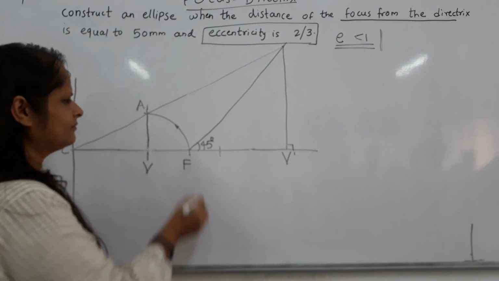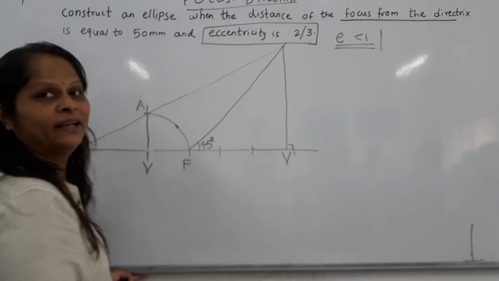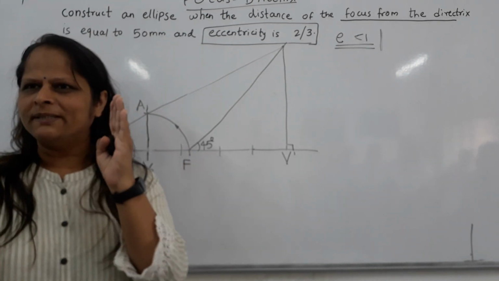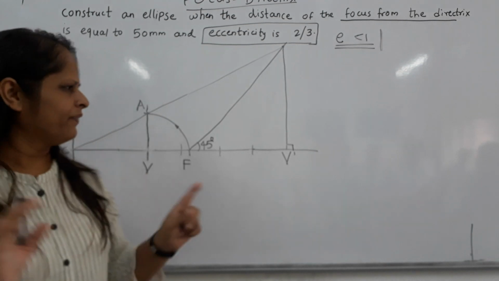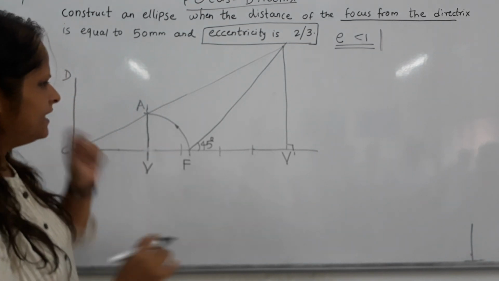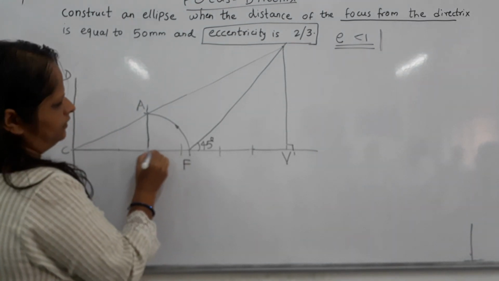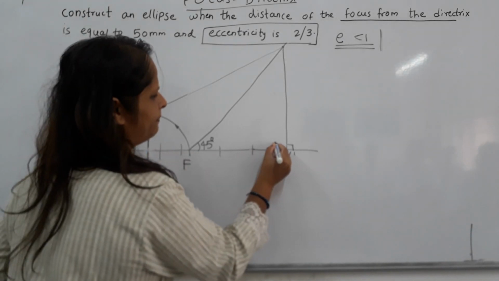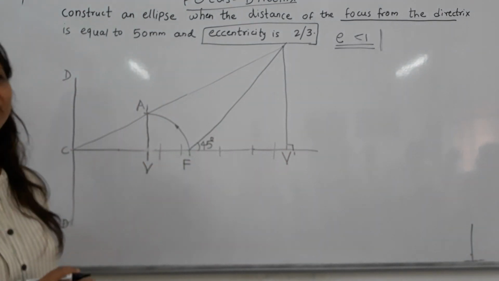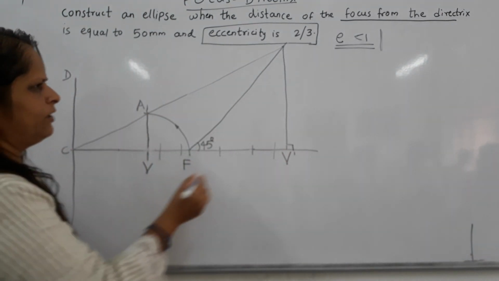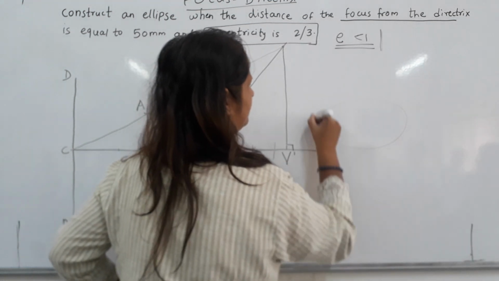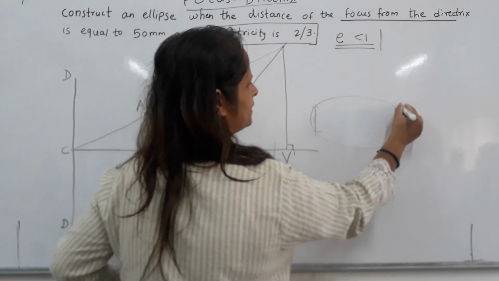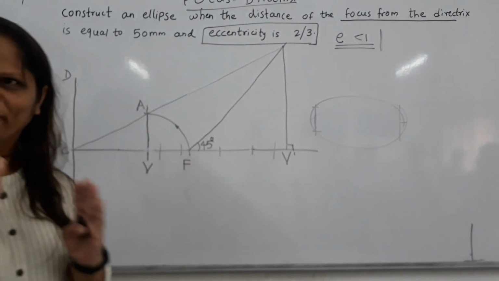Got it. Then the midpoint of these two, we got. For the midpoint of these two, there is no need to take a measurement. The midpoint is understood automatically. Right? So now I got 4 divisions. After this, what will I do, from here at a distance of 6-7 mm I draw a line, and from here also at 6-7 mm I draw a line. Why this? Why this closer? Because this portion of the ellipse curve, if the points are a little closer, then a good curve comes. Are you getting my point?